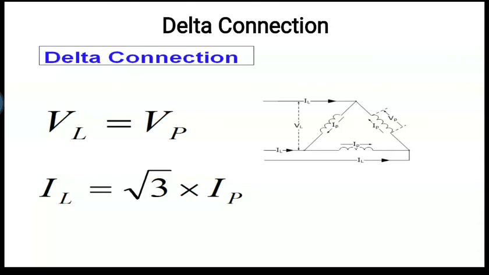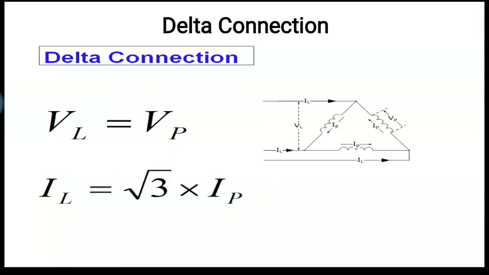You can see there is a symbol of an inductor. The current passing through that inductor is the phase current, IP. So the current which is coming from the supply is IL, that is line current, and when the current goes to the phase, it is a phase current. Similarly, the voltage between two joints is a line voltage. You can see it dotted and there is a VL, and the voltage across the phase is a phase voltage.